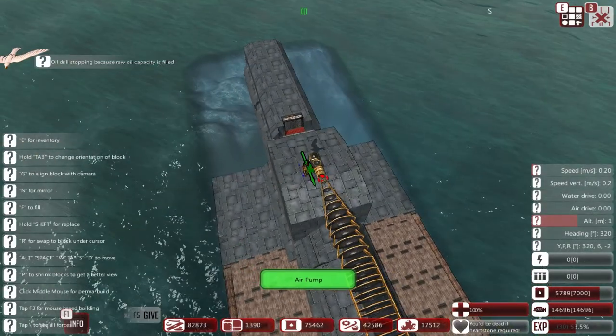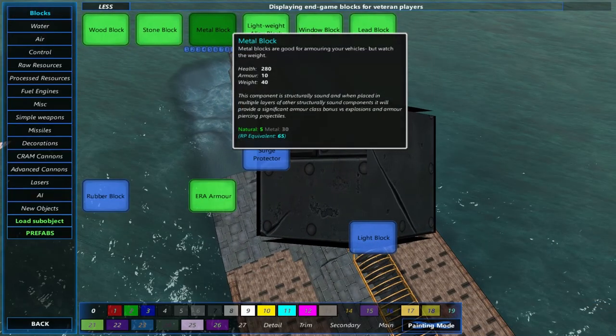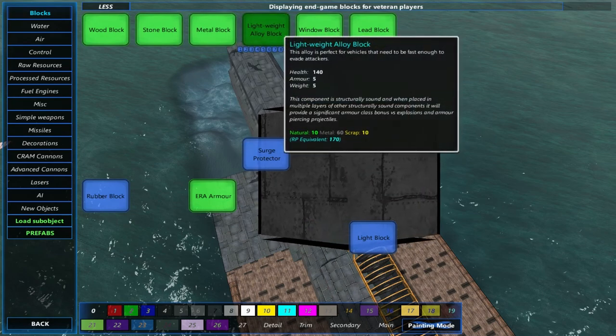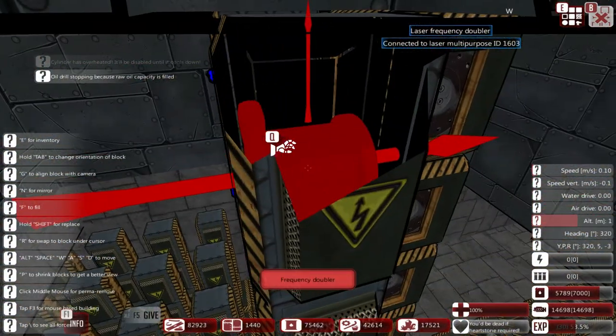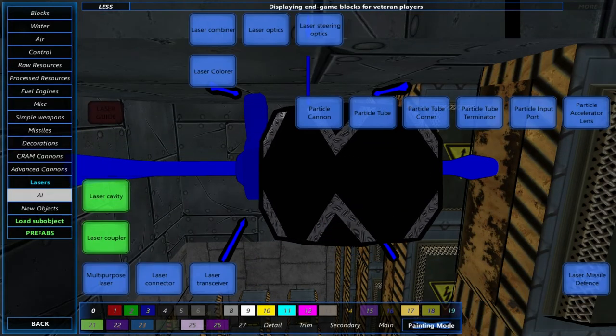Yeah, I don't exactly... Here, hold on. Let's go to here. The health on a metal block is 280. On a lightweight, it's 140. And it won't even pierce through wood immediately. So I want to get it up to there. As you can see, I still have all of this to fill up. I'm also gonna